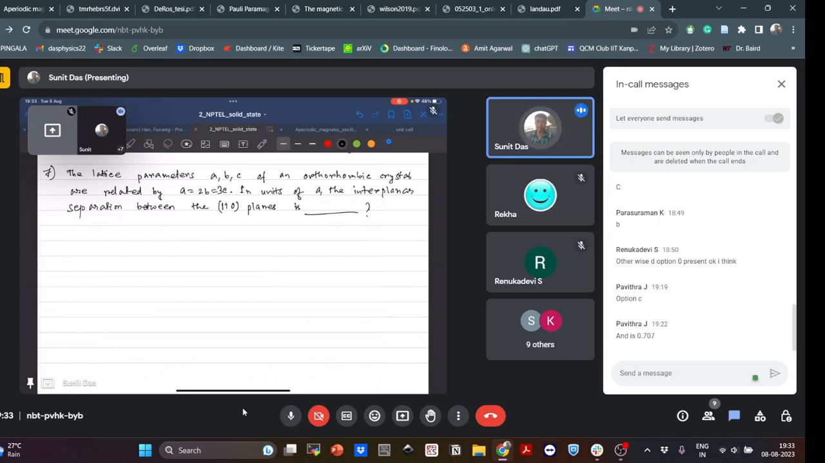So the next question is: lattice parameters a, b, c of an orthorhombic crystal are related by a equal to 2b equal to 3c, and we need to find out, in units of a, the first crystallographic axis, the interplanar separation between the 110 planes. Okay,